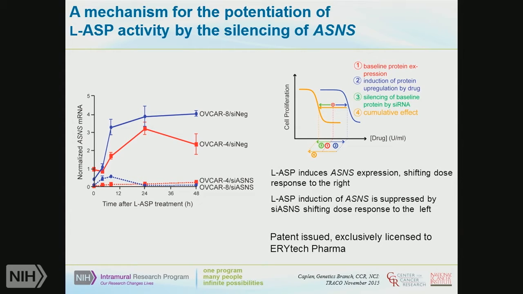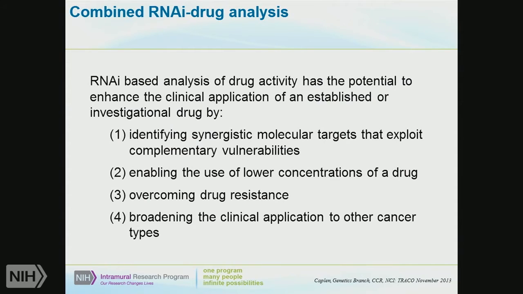They've been licensed to a company that's developing them as part of a biomarker for the application of recombinant L-asparaginase for treatment in patients, because you now know you only want to give this to a subset of patients that are expressing relatively low levels of asparagine synthetase, or if you can block that upregulation when they're exposed to L-asparaginase. So RNAi, or any functional genomics approaches, can be used for the analysis of drug activity, because it